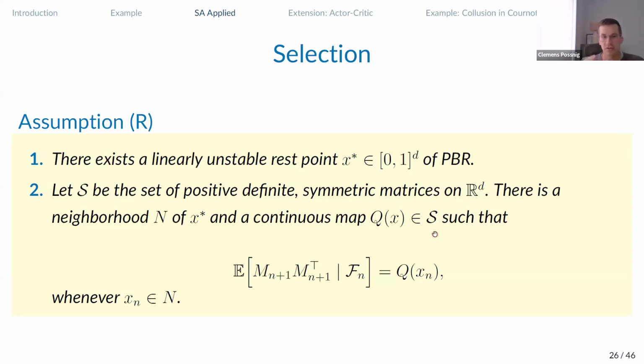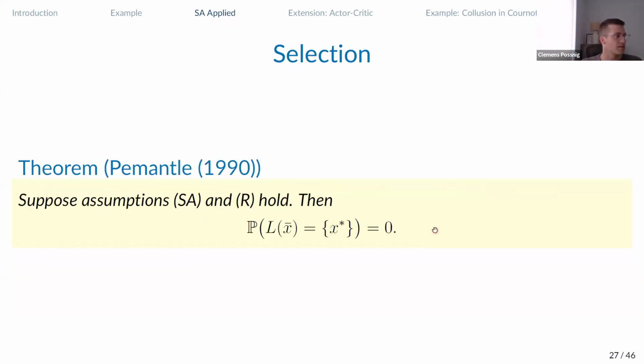Under that assumption, it might not be so surprising that whenever the algorithm gets close to that rest point, it will hit the repelling direction of the rest point infinitely often. And when it does that, it's going to be impossible to reach the rest point. And here's the result then. Under our stochastic approximation assumption and this additional assumption on the variance, the probability that you will find this ICT set is actually 0. So we know that for any ICT set, there exists a pseudo-trajectory that will find it, but this just says that the measure of these pseudo-trajectories is going to be very small.